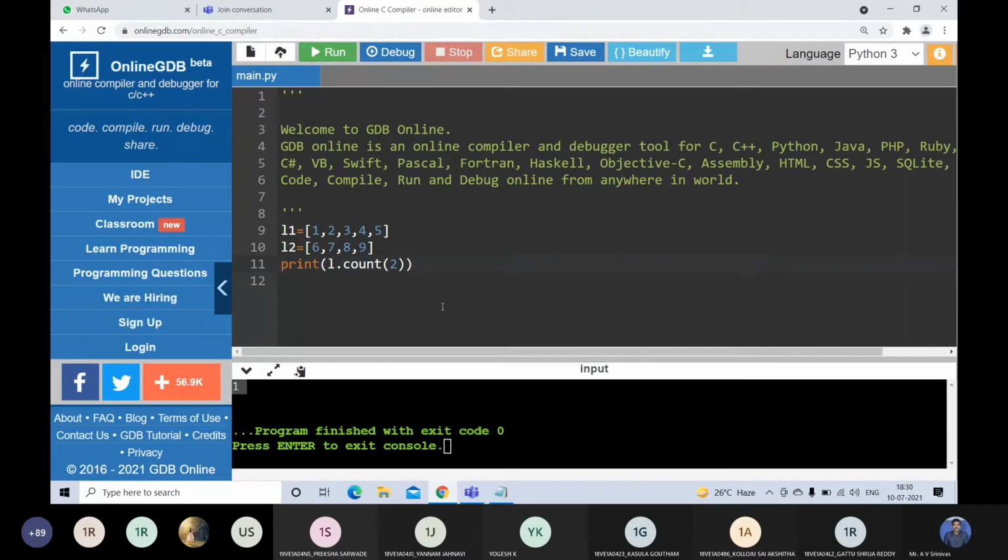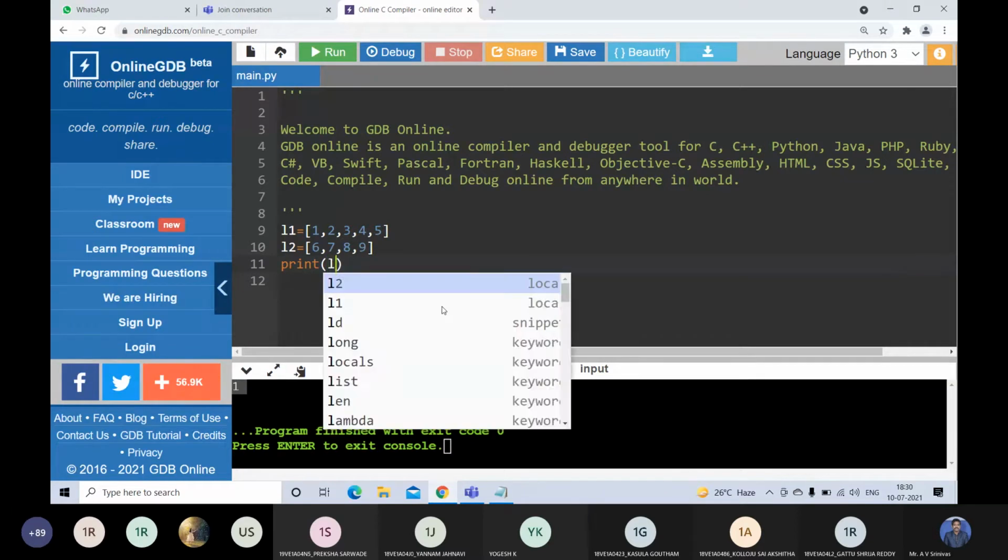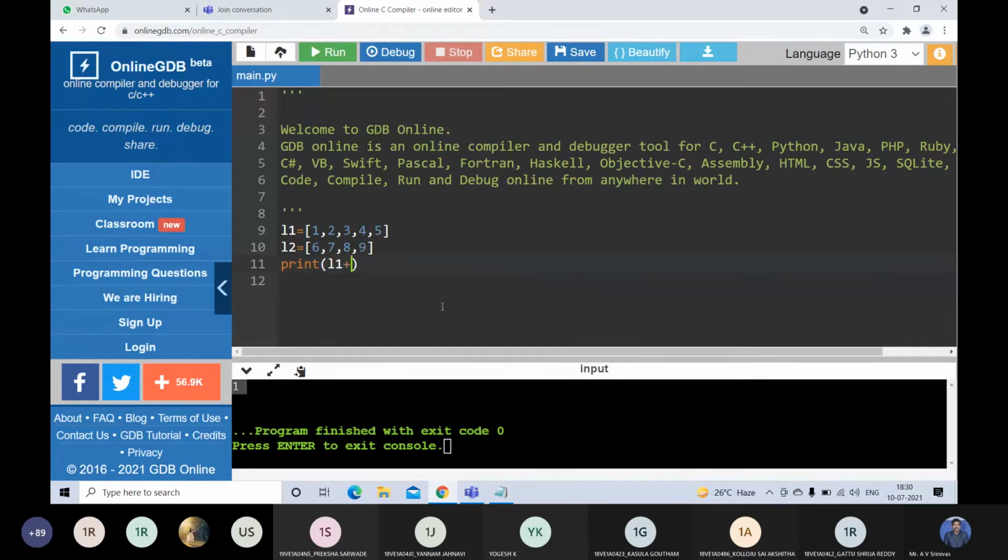Concatenation means adding one list at the end of another list. For the concatenation in Python, we are going to use the plus operator. Plus is for concatenation. Then the second list will be added at the end of the first list. L1 plus L2 means L2 will be added at the end of L1. So output will be 1, 2, 3, 4, 5, 6, 7, 8, 9. This is for concatenation.